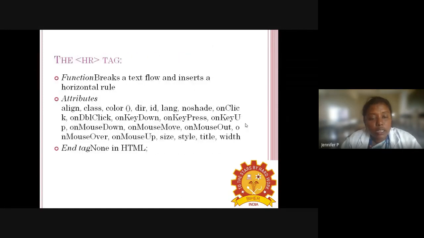Before the special characters, I need to give some more things about this HR tag. The rendering of a horizontal rule is at the discretion of the browser. Typically, it extends across the entire document. Graphical browsers may render the rule with a chisel or embossed effect. Character-based browsers most likely use dashes or underscores to create the rule. There is no additional space above or below a horizontal rule.